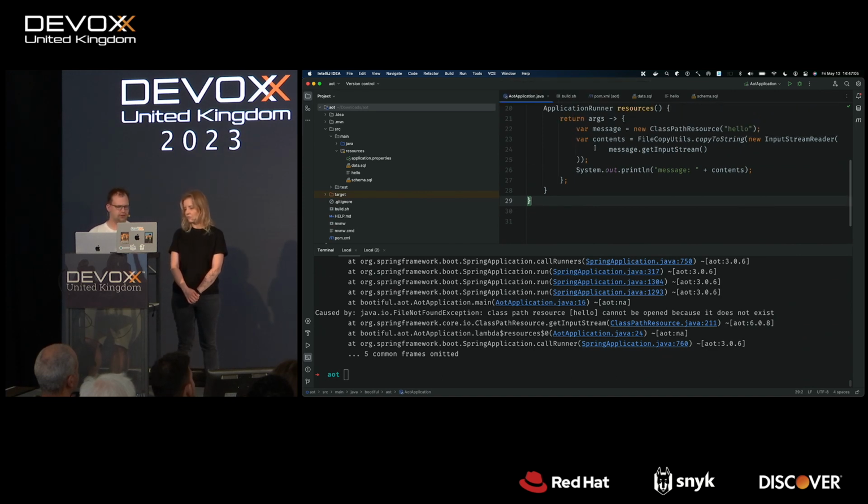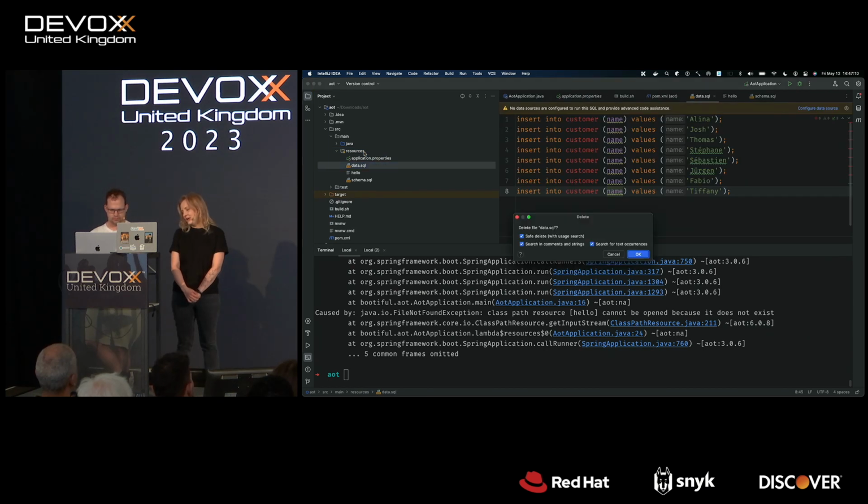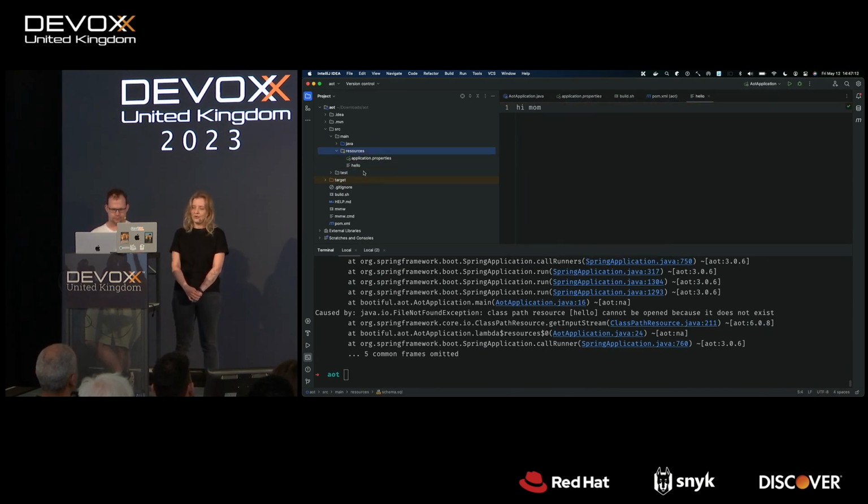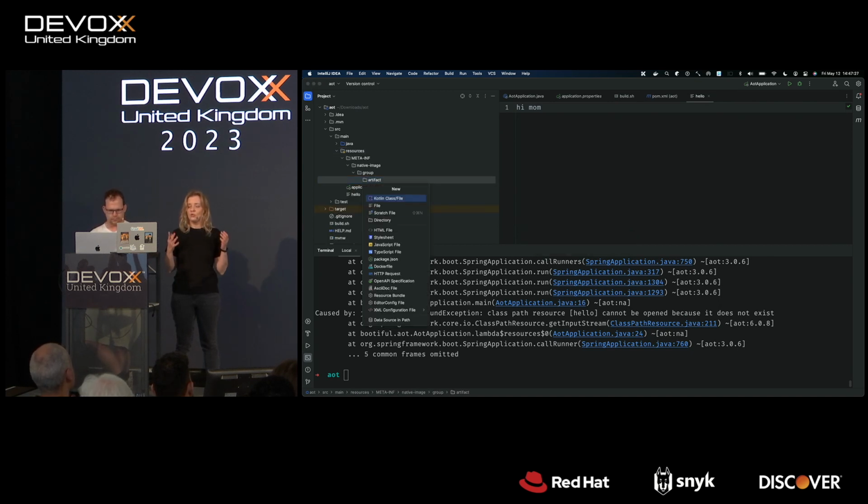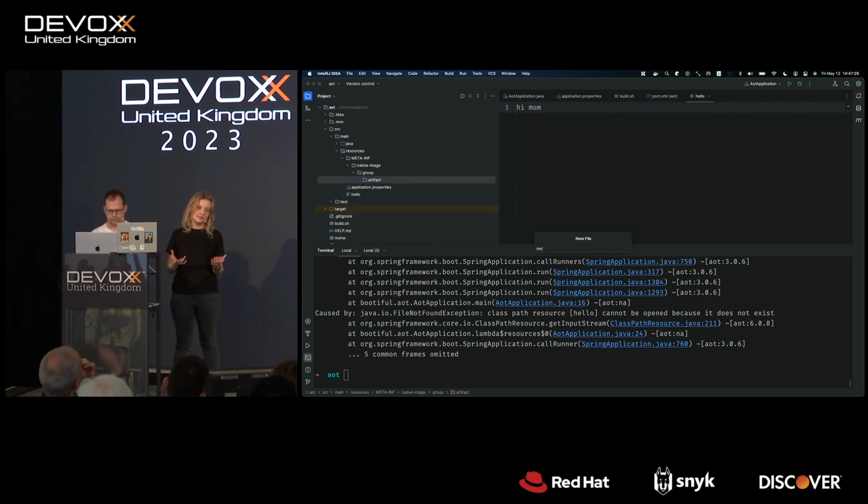How do we fix this? What's the easiest way to fix this? Well, from the GraalVM perspective, I mean, not an easy way, but let's start there, right? So one thing you can do is you can provide a configuration for this app to let native image know that you will be accessing that resource at runtime. And for that, you need to tell native image what exactly you will be accessing and where the file is, because the runtime hasn't happened yet, right? We are still in the build time phase. So you need to tell native image what will be happening at runtime and what exactly you need at runtime.